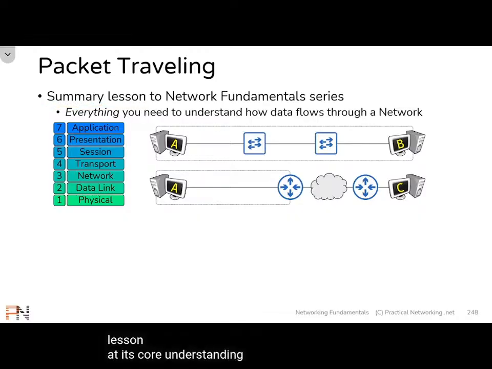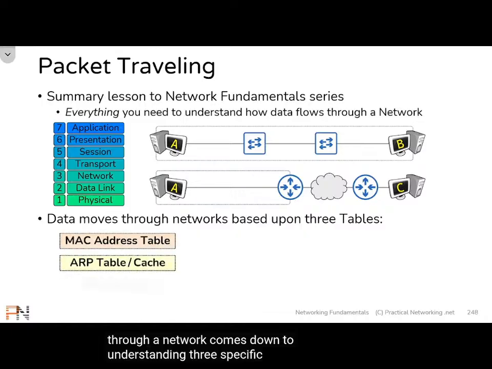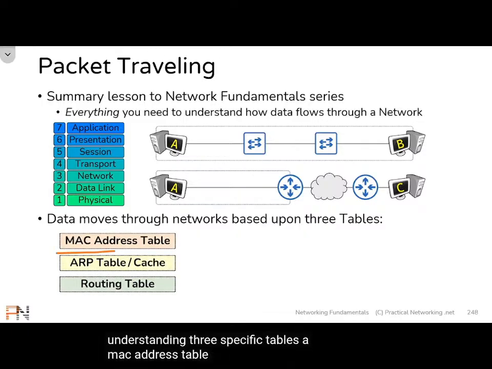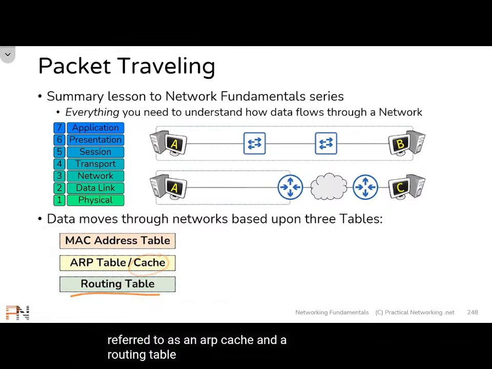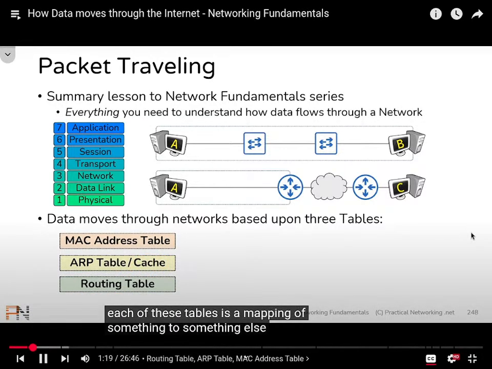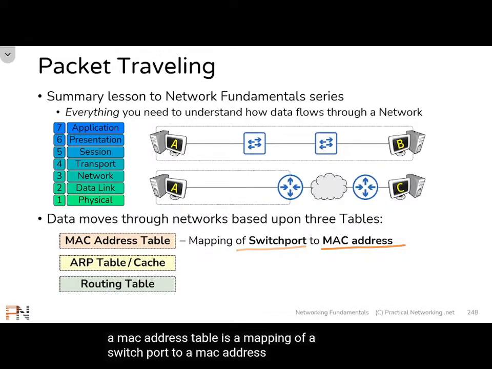At its core, understanding how data flows through a network comes down to understanding three specific tables: a MAC address table, an ARP table, also referred to as an ARP cache, and a routing table. Each of these tables is a mapping of something to something else. A MAC address table is a mapping of a switch port to a MAC address,